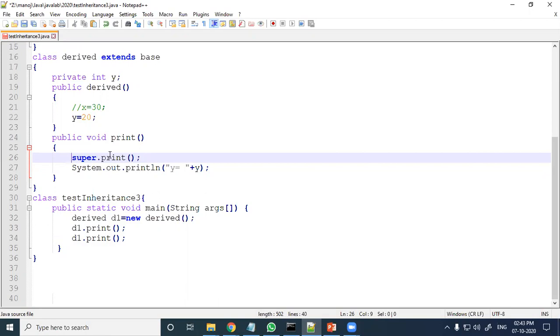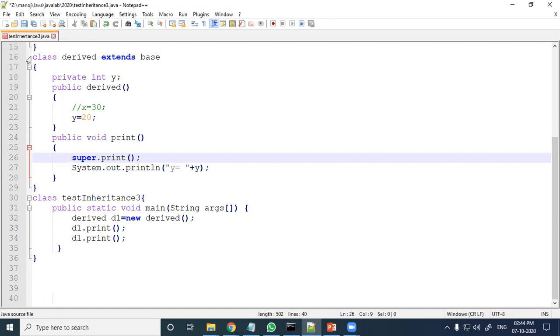The super keyword is a keyword using which we can refer to the parent method. Super dot print, inside the derived class.